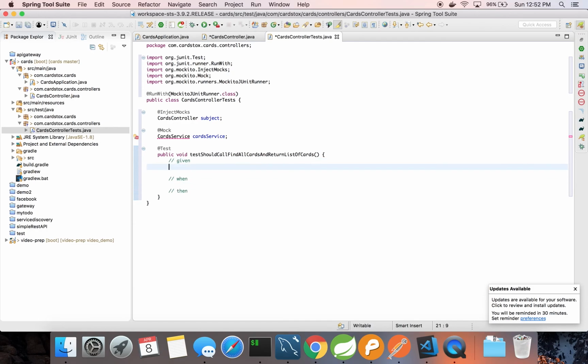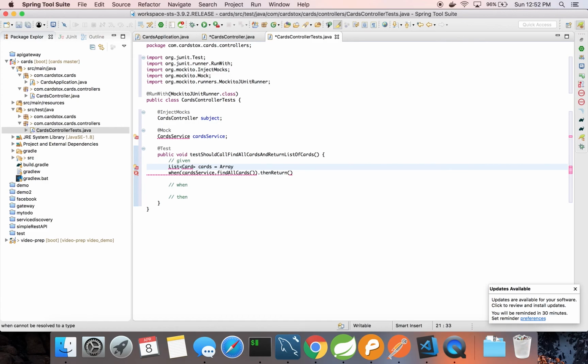So given, when the cards service dot find all cards dot then return, and we're going to need a list. So list of card, we'll call it cards equals a new,